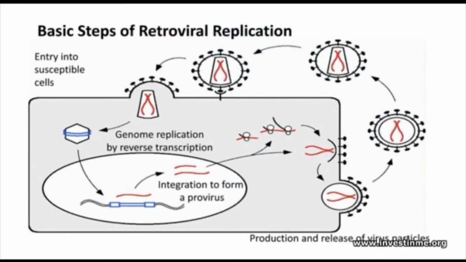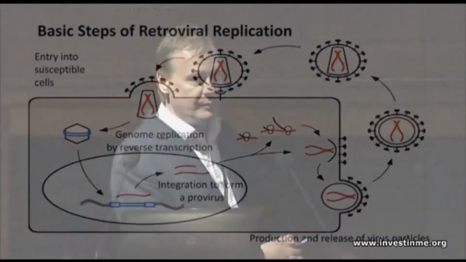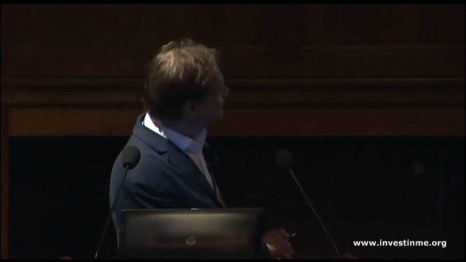So I'd like to tell you a couple of salient features about retroviruses. Retroviruses do the same stuff as other viruses. They go into cells and replicate, make new viruses, and those new viruses come out and infect new cells. Two important points about retroviruses are that they have an RNA genome, two pieces of RNA inside, and they turn those pieces of RNA into a single piece of DNA by a process called reverse transcription.